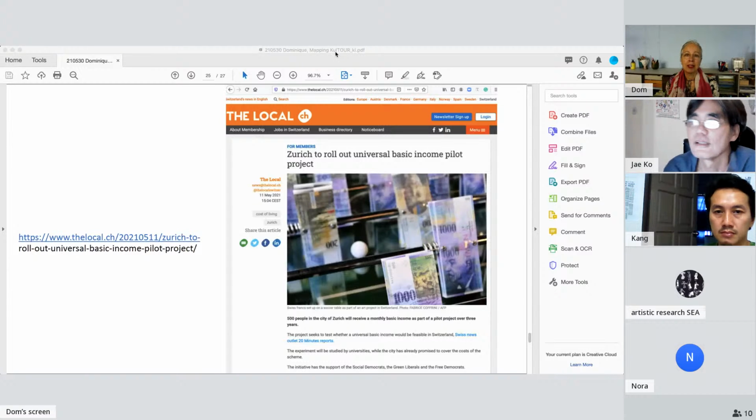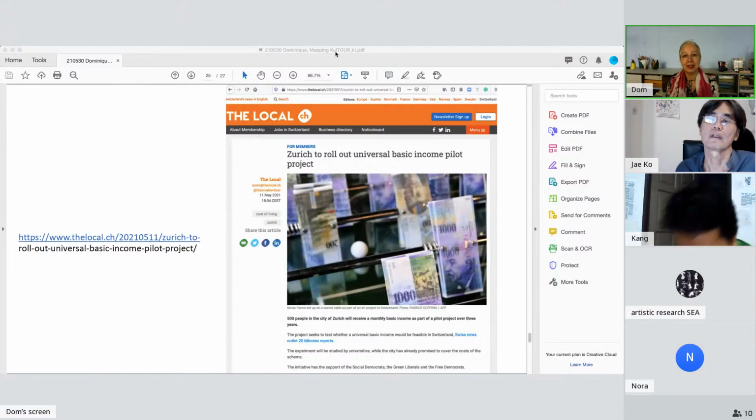Okay. But I mean, the basic idea is there is enough money worldwide for all of us to survive. The question is, how does it get where it's needed?